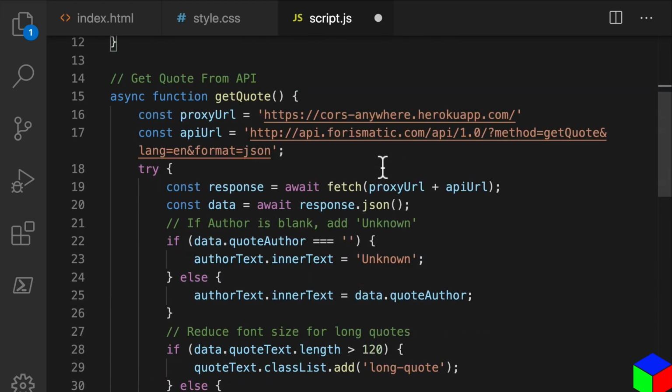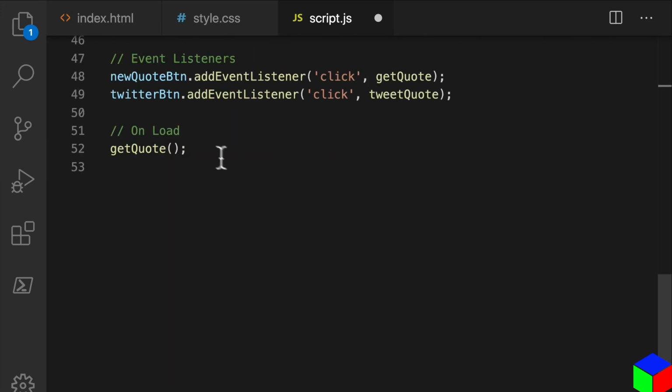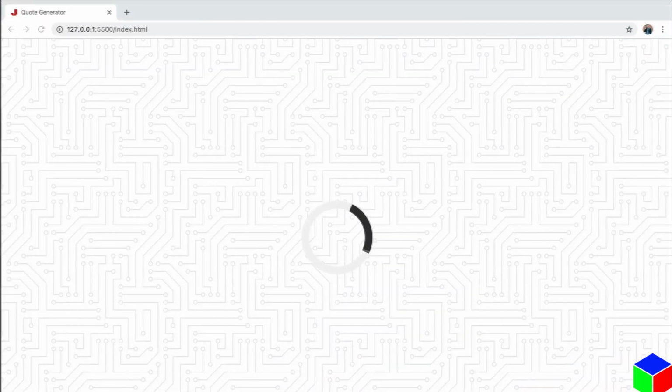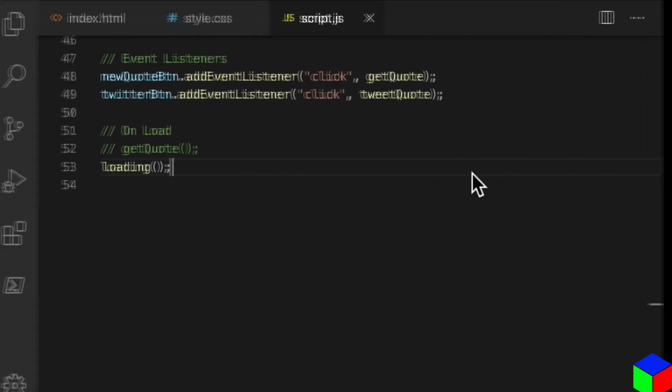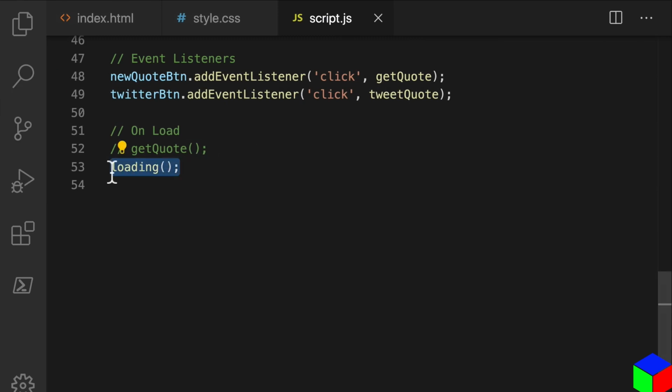So to test that out, we're going to go actually to the bottom. We're going to comment out get quote, and we're going to just put in loading instead, just to show that our loader is doing what we want it to do. So let's save that and jump back over. Okay, perfect. So we can see that our quote box is gone, and we have our loading animation. Excellent. Let's go back. We can undo this, because we're actually going to pass in our loading function